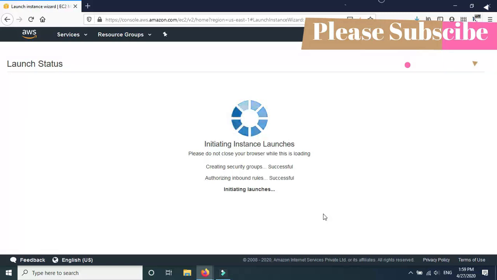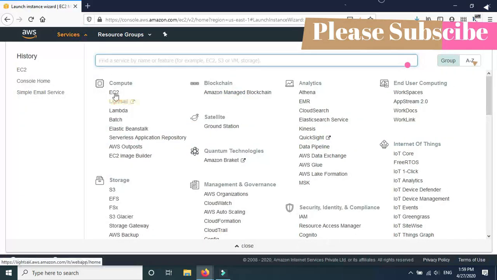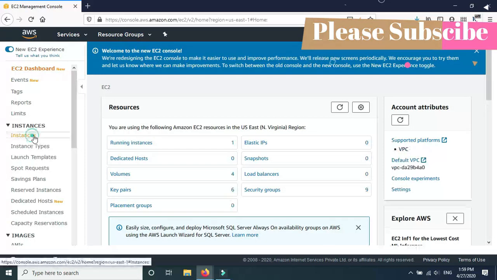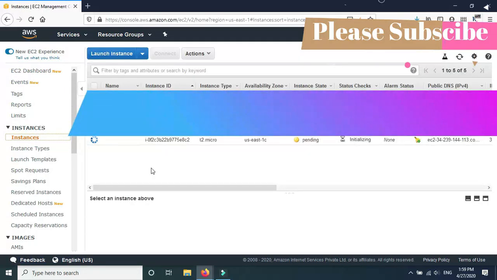It will take some time. Now it says the instance is now launching. So what you have to do is head over to the instances tab. Now you'll see your instance is getting set up.